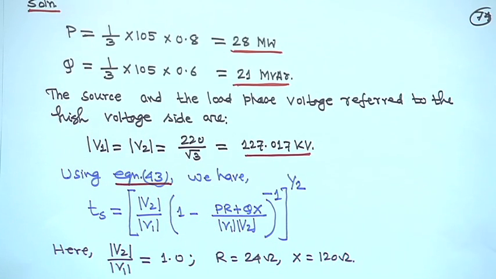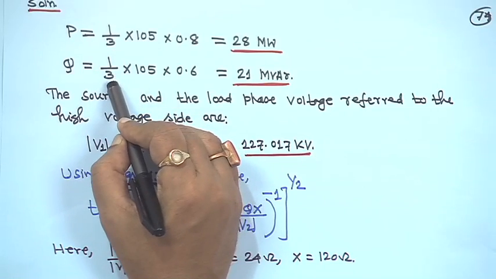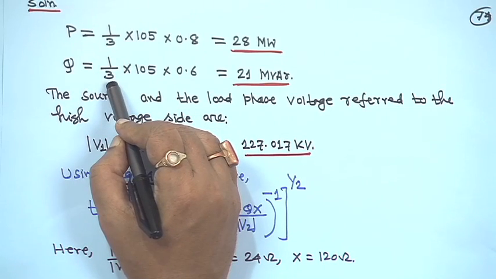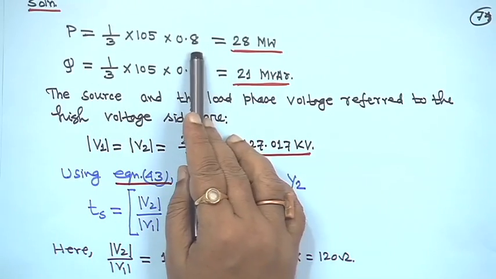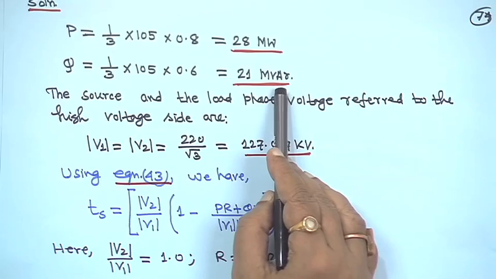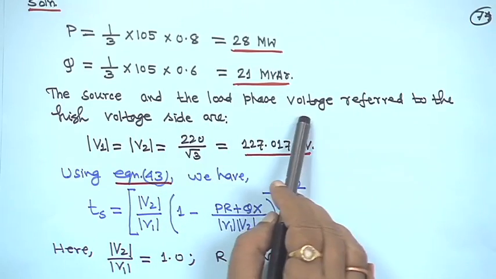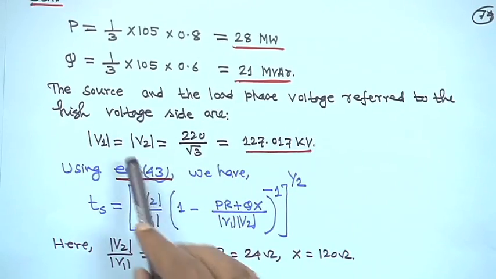Similarly, when you draw the phasor diagram of this equation, P, Q, Vs, Vr are all per phase quantities. It is not a line to line quantity. Vs and Vr are per phase voltages, line to neutral, and P and Q also you have to find out per phase, that is why it is divided by 3. Vs, Vr magnitude also on per phase basis. So, that is 28 megawatt, and cos phi is 0.8, so sin phi is 0.6, so Q is 21 megavar. The source and the load phase voltage referred to the high voltage side are